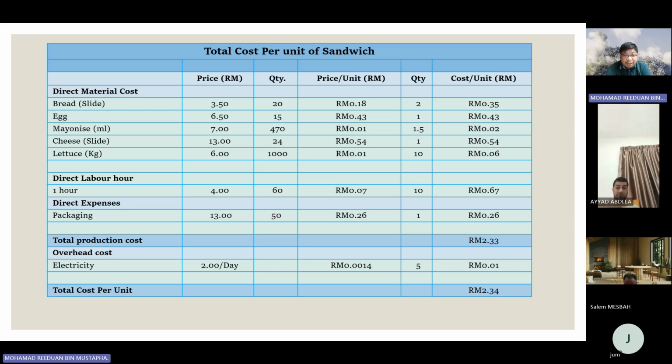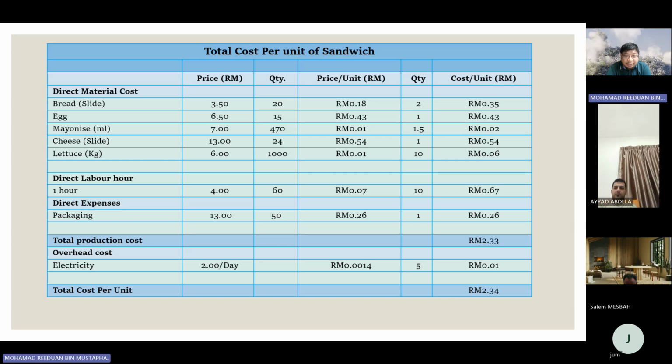So if you see, there are items which are direct material, direct labor, direct expenses. It's very, very straightforward. In a question, when they ask you to calculate all those, it's very easy. So just pick up. But the thing is that if you look into the overhead costs, overhead costs are a bit tricky, because you need to look into the cost driver of this, what is the indicator of charging